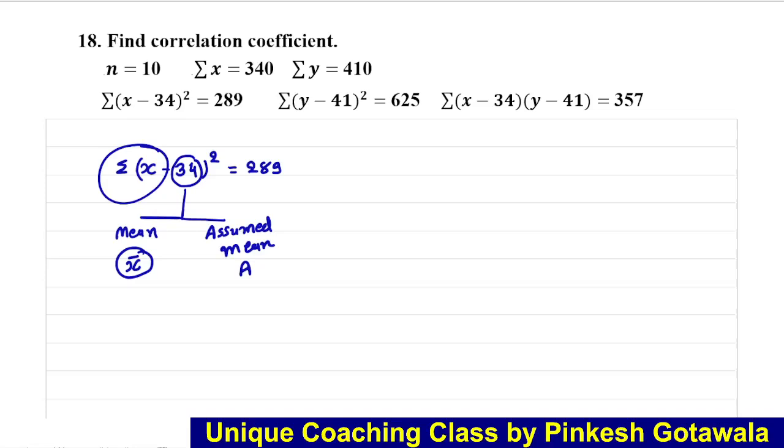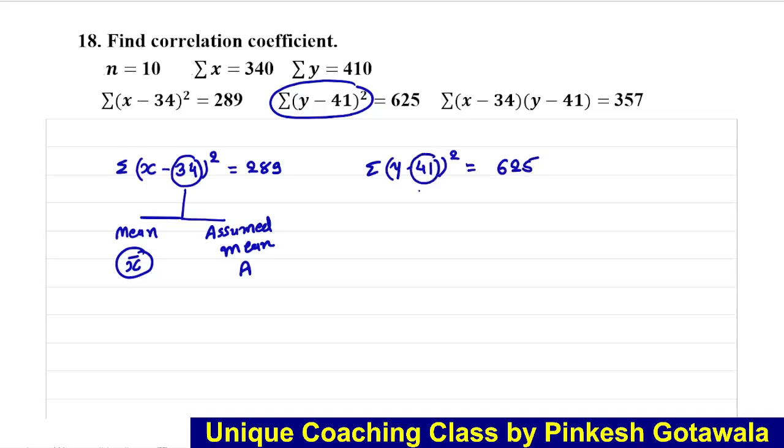So for the variable x, mean is x bar and assumed mean is a. Same here, sigma (y minus 41) whole square is equal to 625. So here this 41, the same, there are two possibilities. It may be the mean or